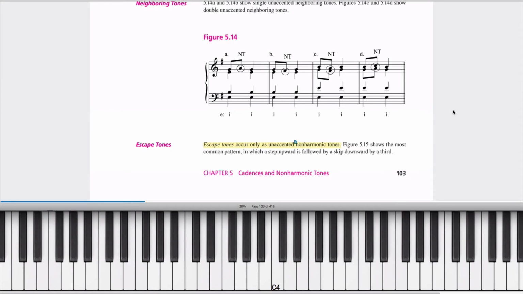Previously we looked at passing tones and at neighbor tones, and each of these moves by step. Passing tone only in one direction, and a neighbor tone, as you saw up here, up and then back down, or down and back up, changing directions but moving by step. Escape tones and appoggiaturas have a step as well, but they also have a leap, and the leap is what